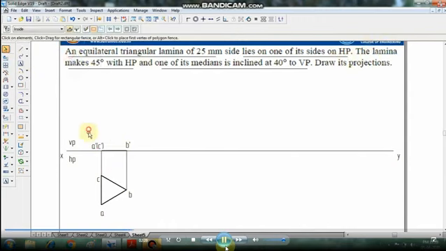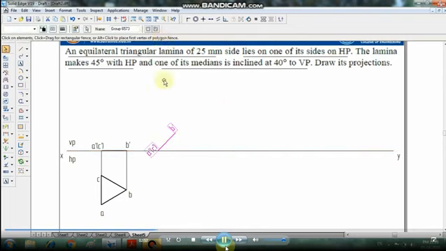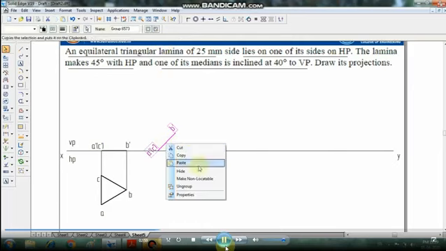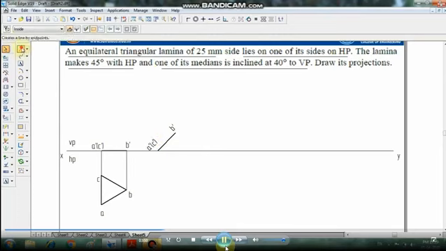Next the lamina makes 45 degree with HP. So select that, make a group of it with the letters so that it is easy to move and rotate. So move a copy, select to the end of the line, keep a copy over here and select the rotate option and make 45 degree. So select the center of rotation and end point, write the position angle here, we are going to give 45 degree so that now it is rotated. So now ungroup for making movement of this.